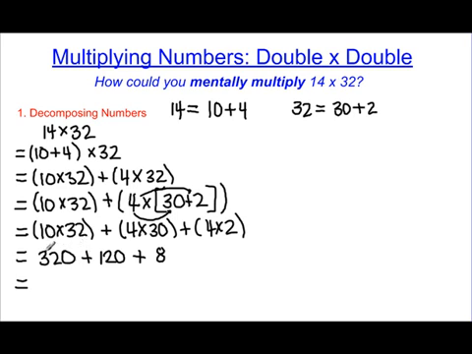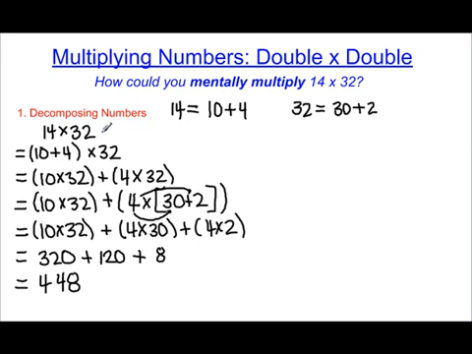Let's add up our hundreds columns. So 3 hundreds plus 100 gives me 4 hundreds. 2 tens plus 2 tens plus 0 tens gives me 4 tens. And 0 ones plus 0 ones plus 8 ones gives me 8 ones. So my final answer is 448. Look at that. We've taken a fairly complex